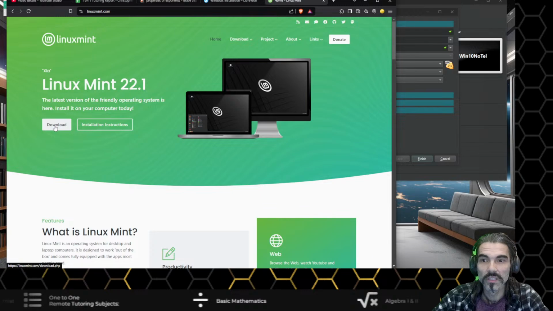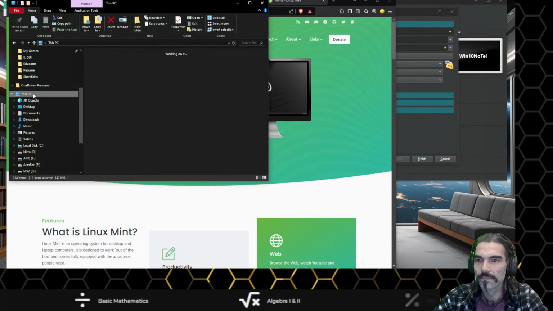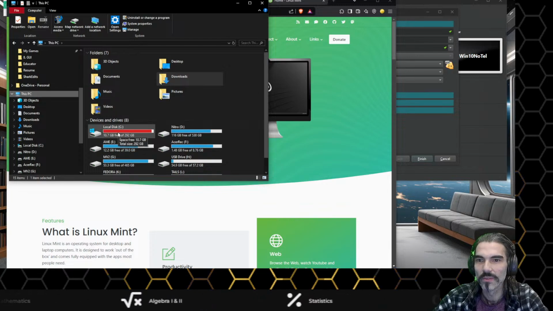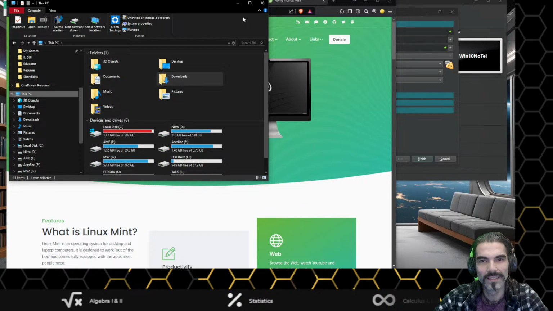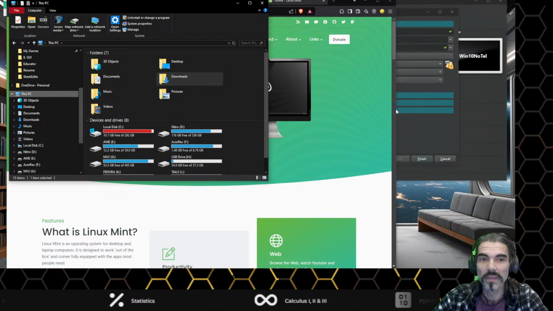The first thing I'm going to do, and you do want to make sure you have enough space, so let me also check that. I'm running low on that space, so potentially it's going to be a bit difficult. I've got a lot of files on this sucker. So I'm going to probably have to clean up some space here, and